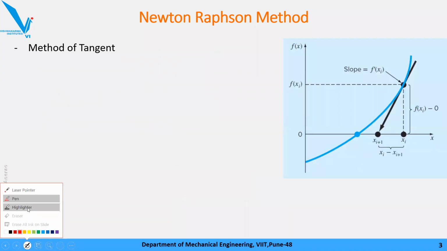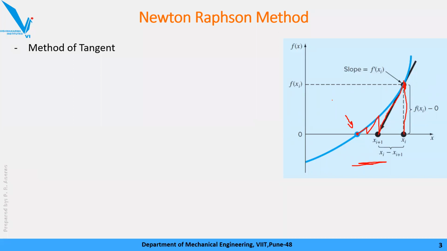In this slide I'll have the derivation, as well as try to explain the method in mathematical formulation. The graph is just for your understanding of how the Newton-Raphson method works. We take a guess, come here, then come here again, go on and reach this point. This is your root. We want to reach this location starting from x of i.